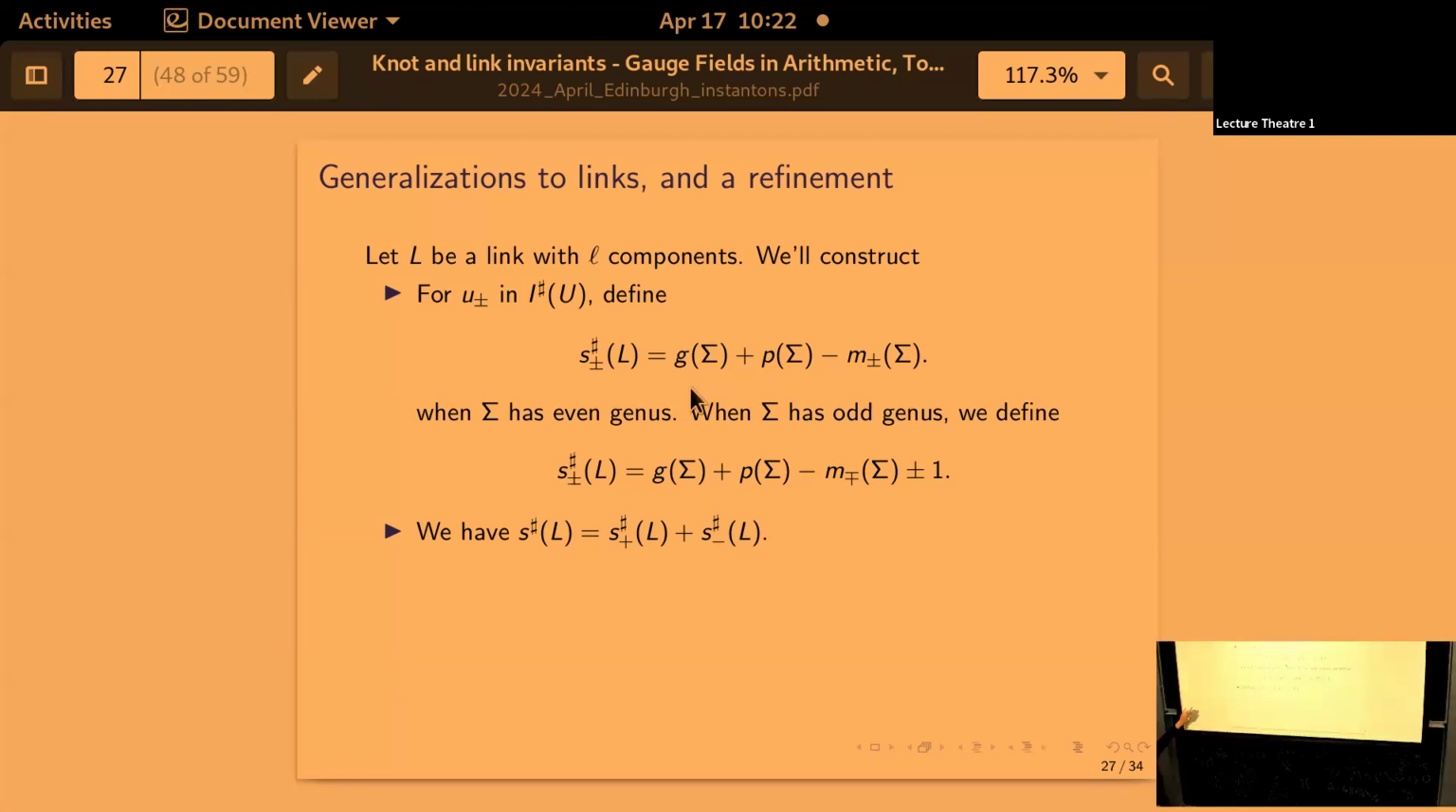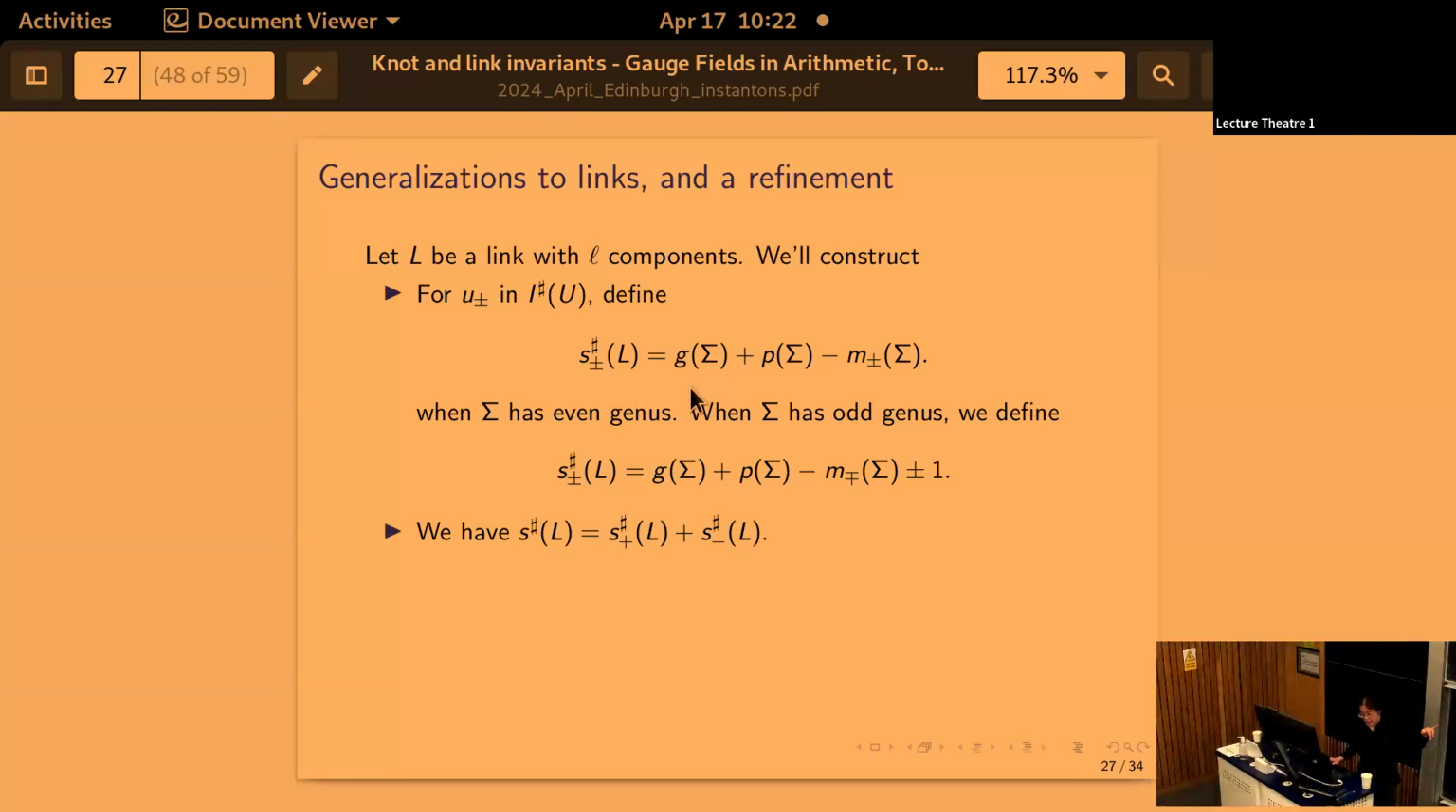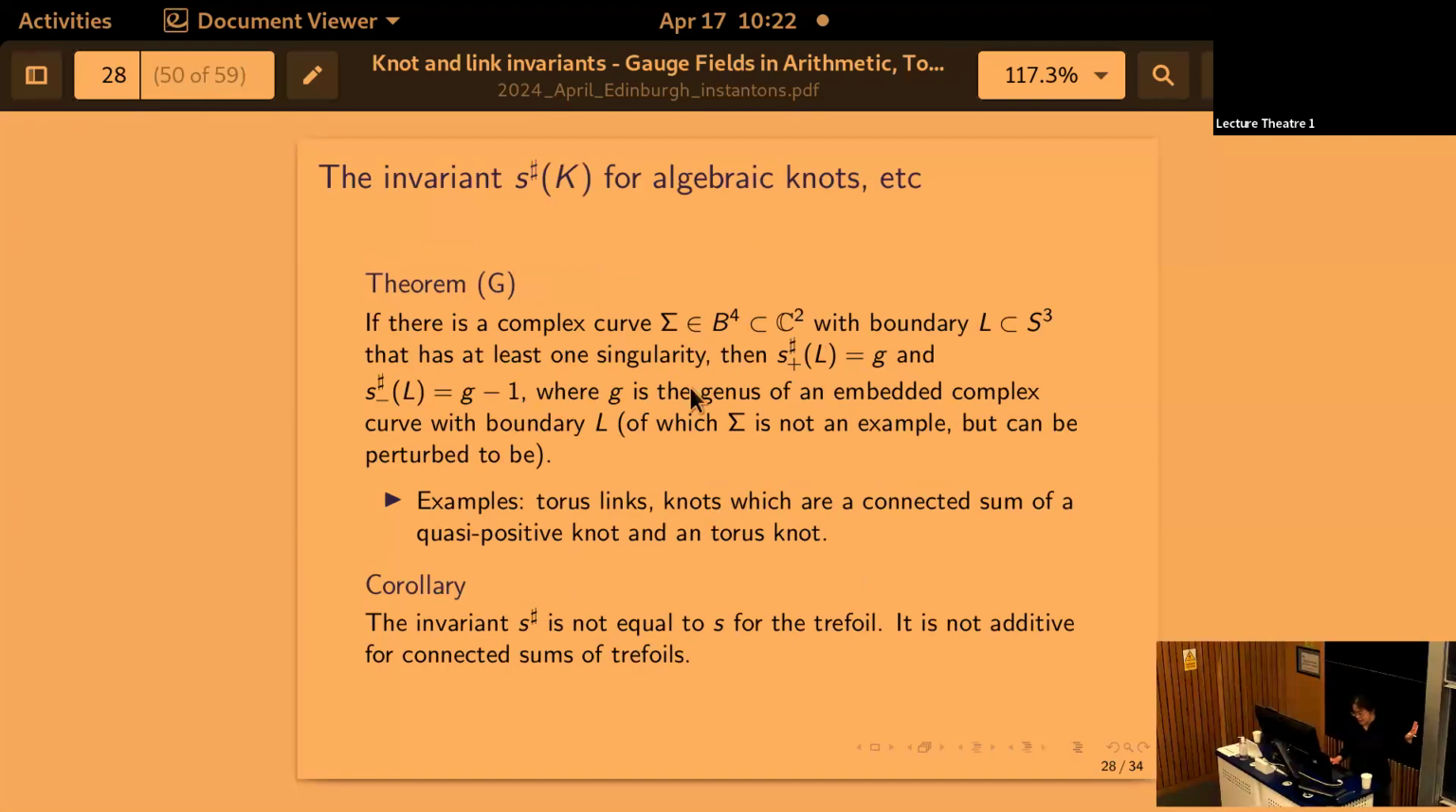oh, sorry, this is only defined when sigma has even genus, but you can always find a sigma with even genus, right? By just artificially adding genus to your surface. So when sigma has even genus, you can separate out the number of factors of lambda the two generators pick up, and each of those is individually a link invariant. So I separated S sharp into S sharp plus and S sharp minus, and